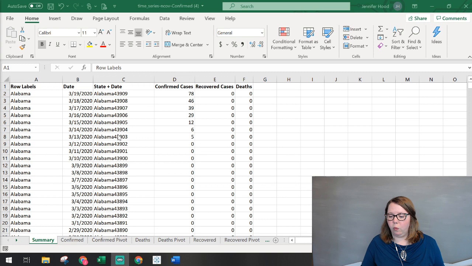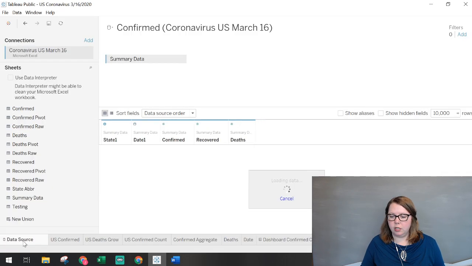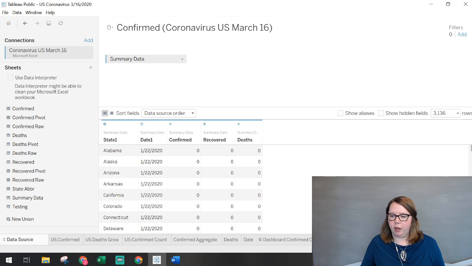And then when you go into Tableau, once you load this data source in, you can see I didn't take in the date state combo. There's no harm in doing it because it doesn't change anything in the rest of your Tableau worksheet.